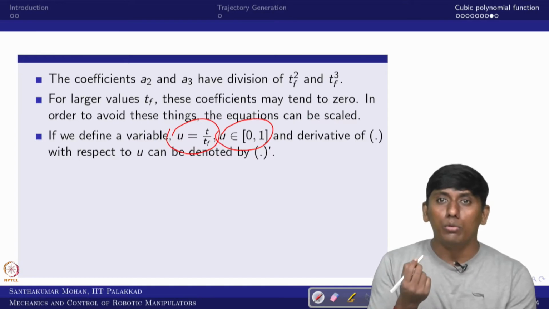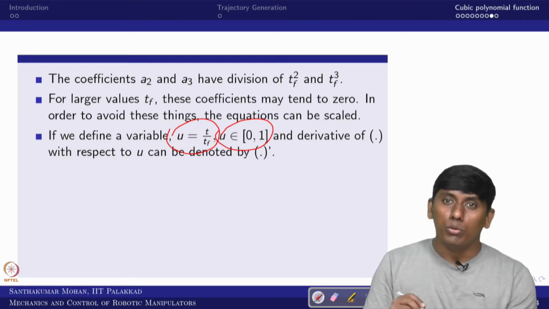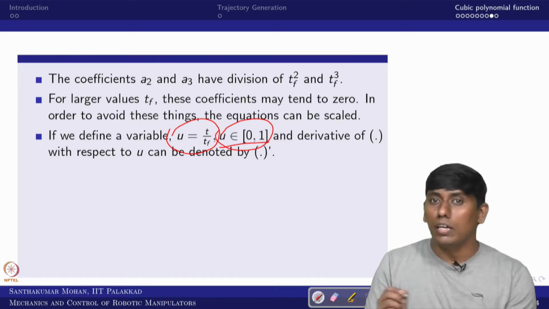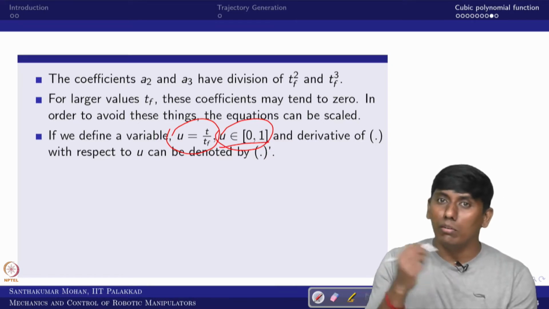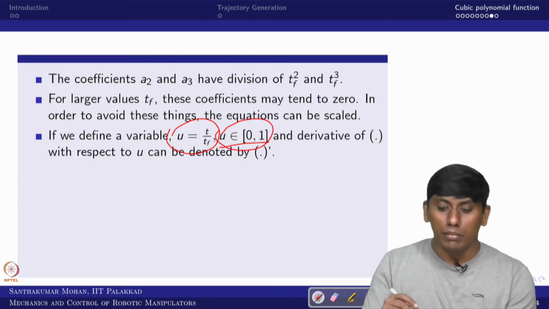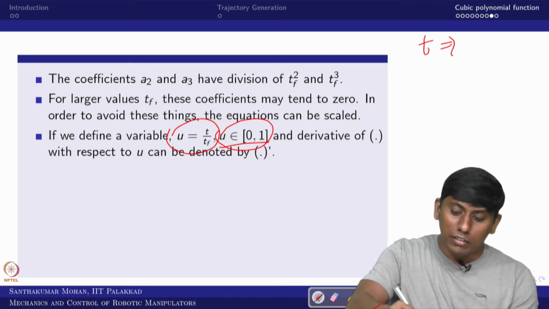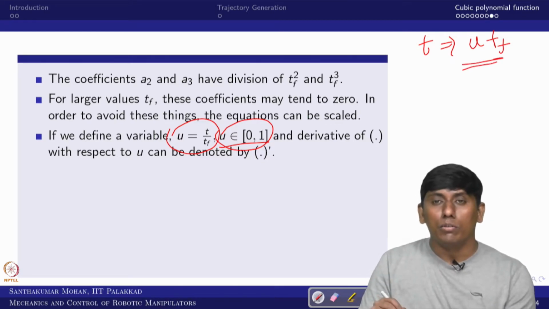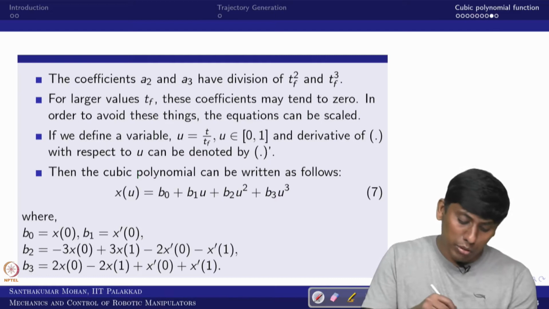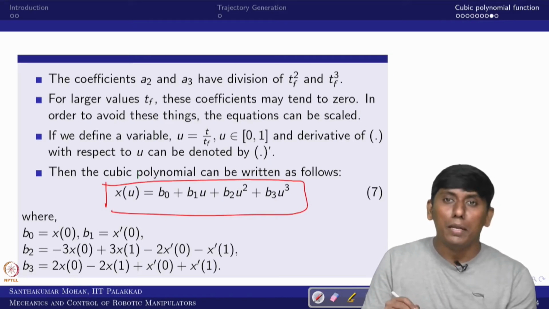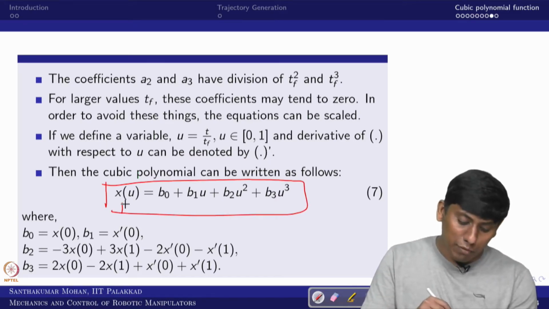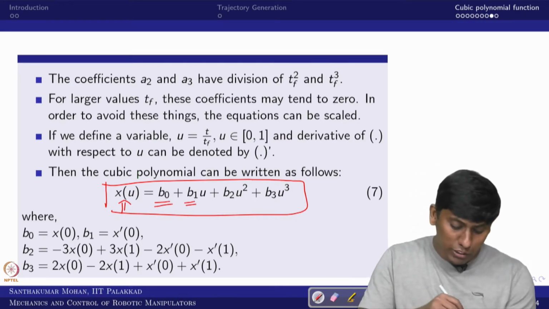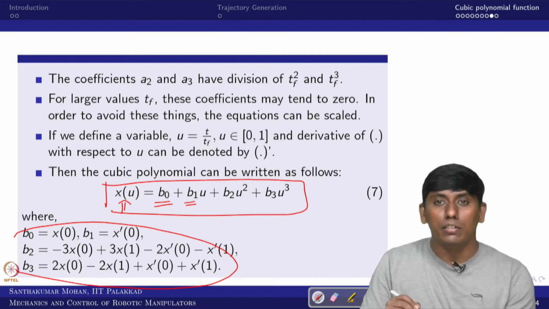In that case, this is actually a path, so now you see why we used q of s. It goes from 0 to 1, so in time there is no need to worry; you simply scale it up to tf. If you want t, then that is u times tf. Based on that, your equation would be very simple. We write x of u with the coefficients b0, b1, b2, b3. You can see there are no divisions in the coefficients.